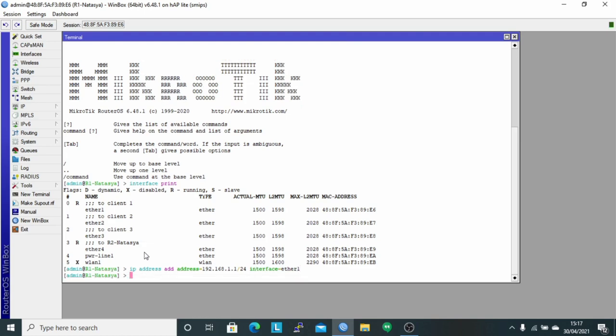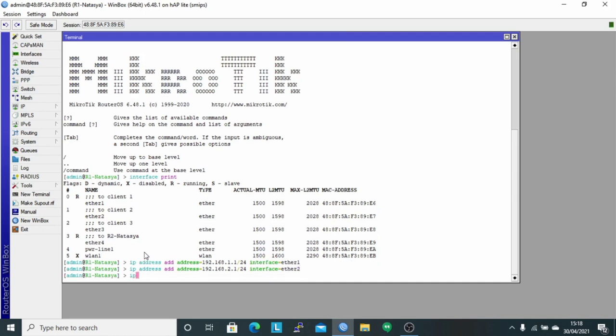Next, input the command ip address add address 192.168.2.1/24 using interface Ether 2. And then type the command ip address add address 192.168.3.1/24 using interface Ether 3.